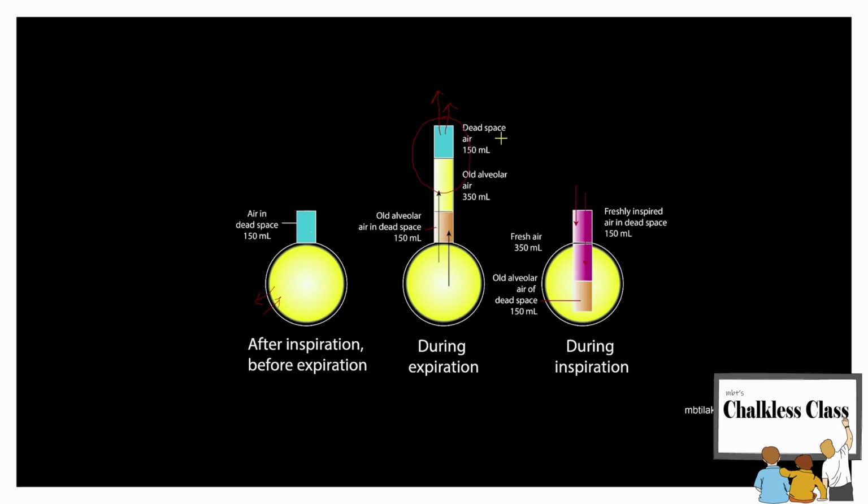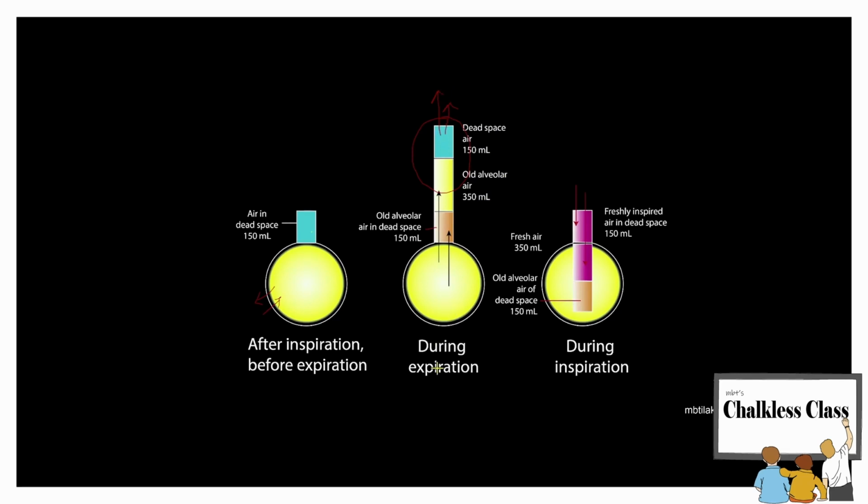The air present in the dead space doesn't undergo any gaseous exchange. Here it has the oxygen. In the old alveolar air, oxygen is taken into the blood, but in the dead space air, oxygen remains. So the mixed air, that is the old alveolar air 350 ml and dead space air 150 ml, is expired